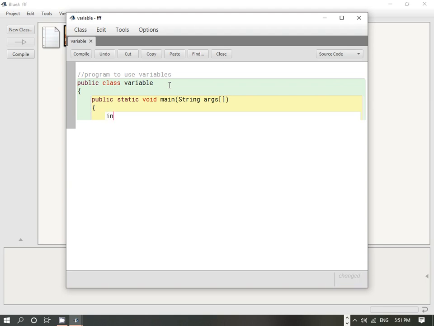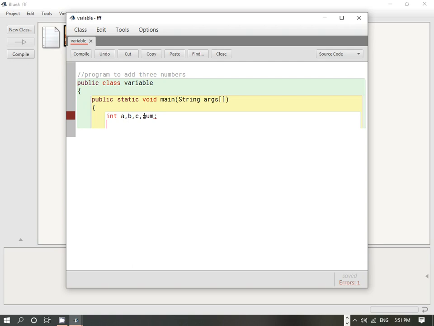So for instance, suppose if I take integer data variables, first I will write down int and then the variable name. Suppose I'm taking three variables. Here I'm changing the comment. I'm putting over here program to add three numbers. So I have taken three variables over here to store three values. One more I will have to take to calculate the sum. So int a, b, c, comma sum.